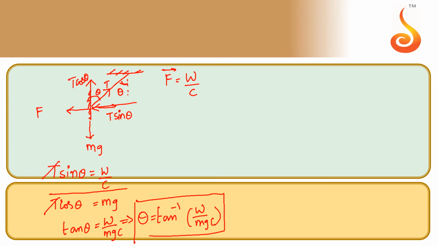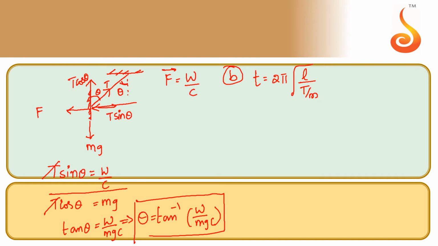And we also need to calculate, if the strip is deflected further, what will be the period of oscillation. So we know the time period is 2 pi into root of L by T by M, where T is the tension. So let us calculate T by M, then we will substitute here.